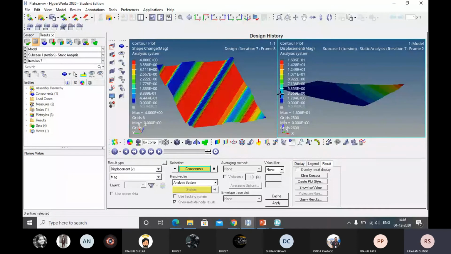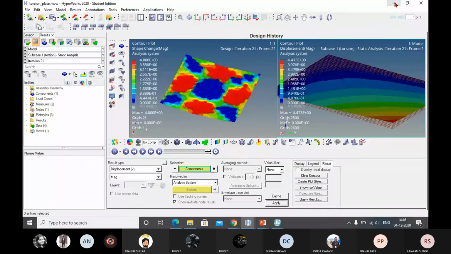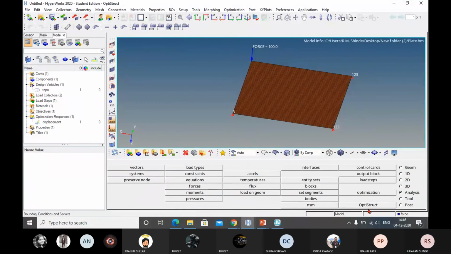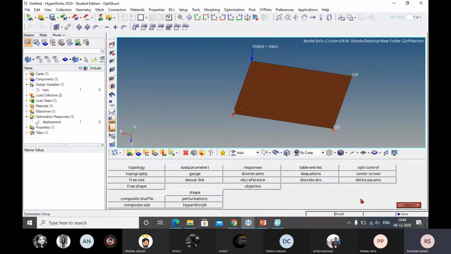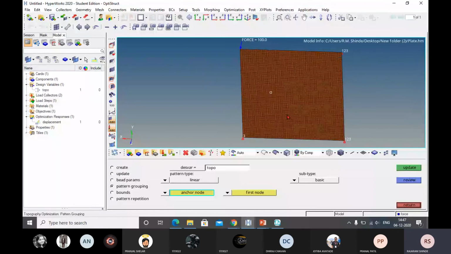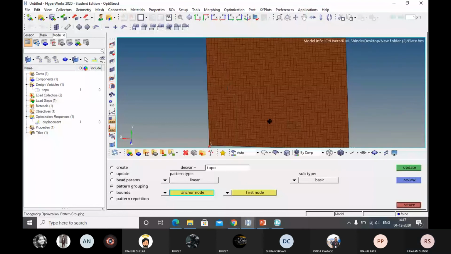Again we are going to try other parameters. I will show you. Now if I go back to the optimization, topography, here I have selected the anchor node from the corner. If I select the anchor node like this, what will happen, I will show you. Whether it is working or not, you will check it, and then we will go for the next types also.